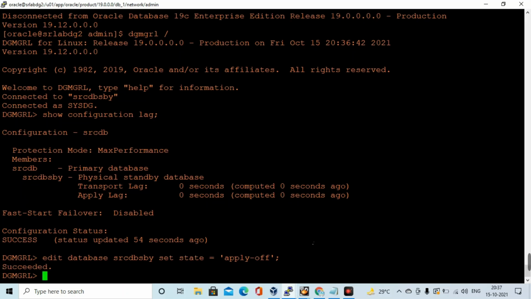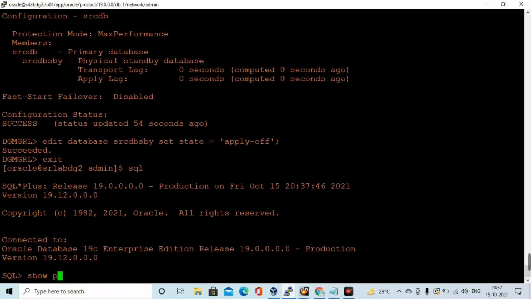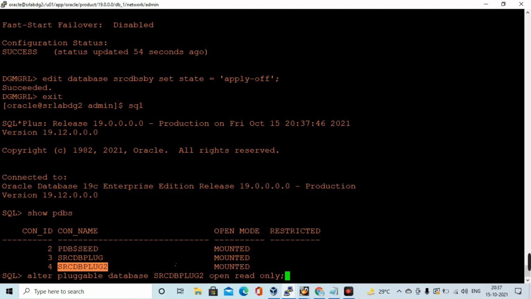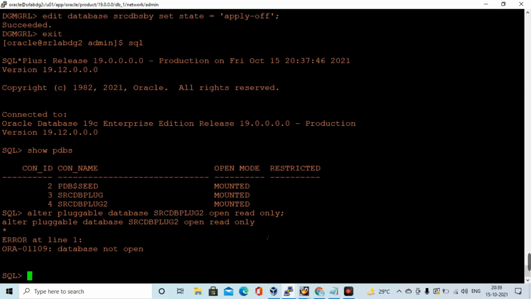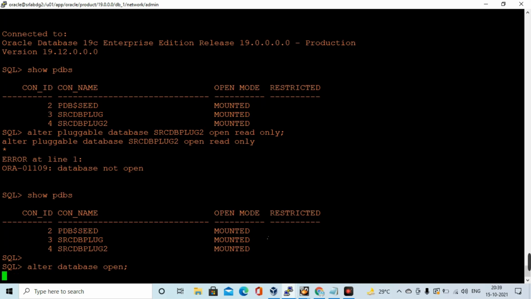All right. Now going to the database and PDBs, we have to open the database in read only mode. It won't work that way actually. Only when the CDB is read only can the PDB be read only. Okay, let's open the database. Alter database open.